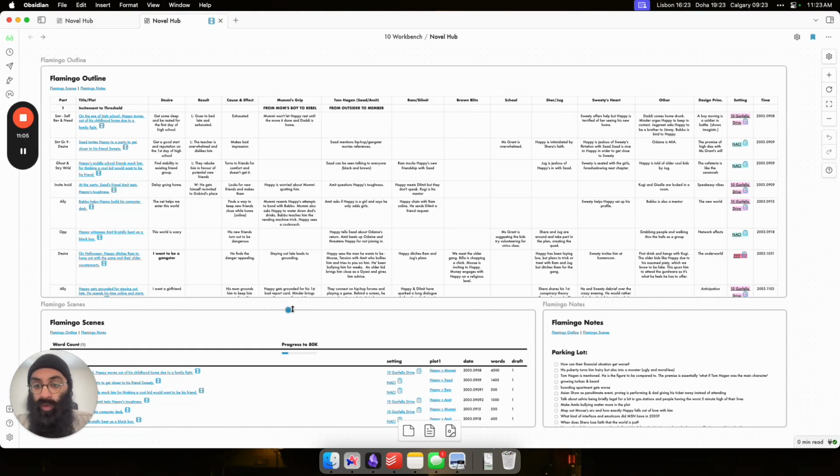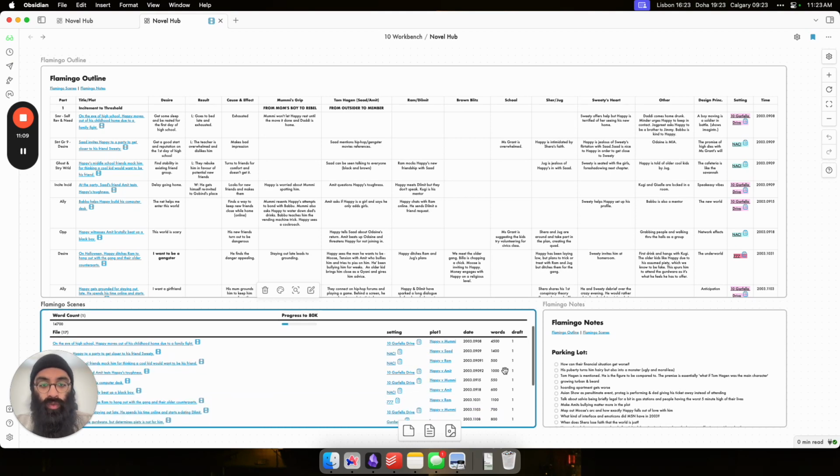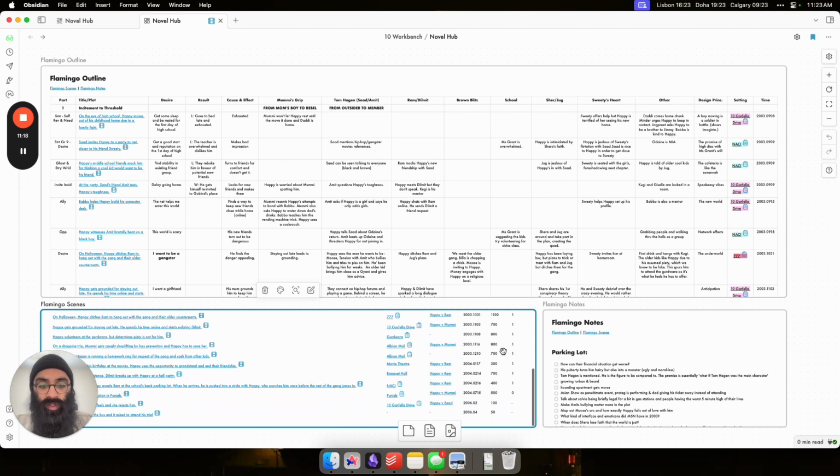So another point I wanted to make. As I'm writing draft one, another thing I wanted to point out here is the word totals for my chapters. Chapter one here is 4,500 words. And then you see that things progressively get slimmer and slimmer. So, still got 700 word chapters here, but the last one I just wrote is 400 words. That's not a chapter, that's a page. I'm loosely calling them chapters. Some of them are very, very much